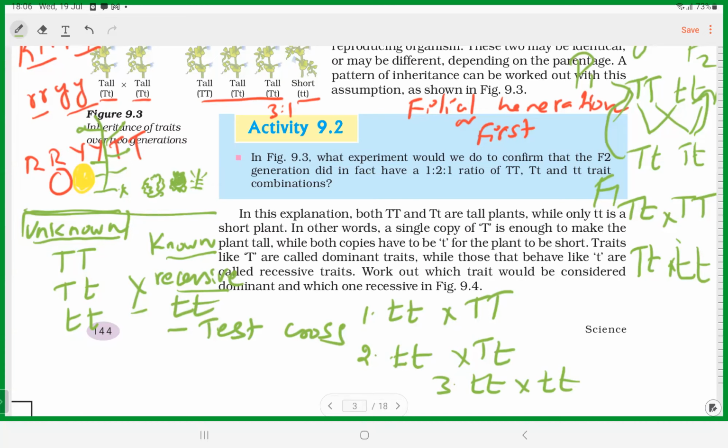Now, reciprocal cross. What is the next cross? Reciprocal, changing the sexes. For example,